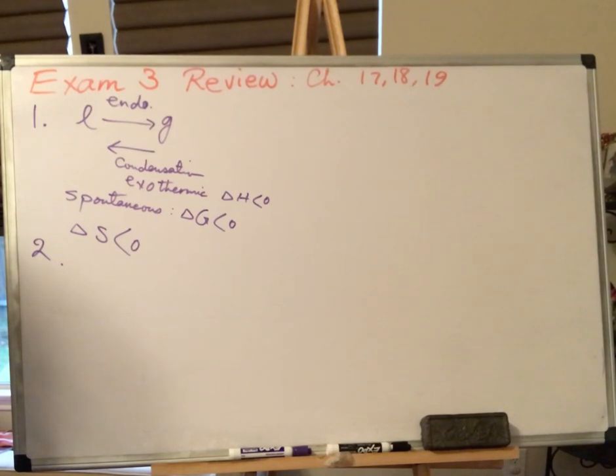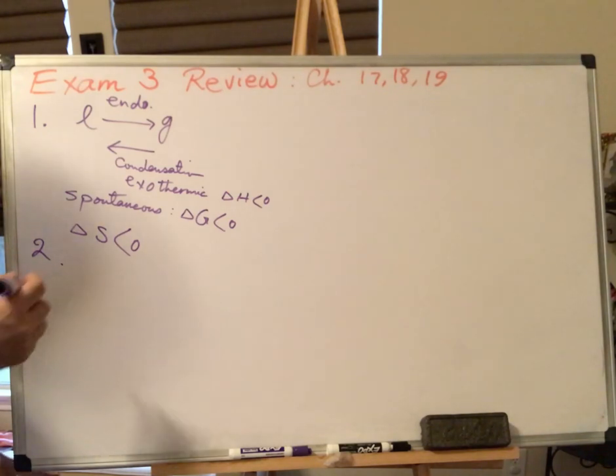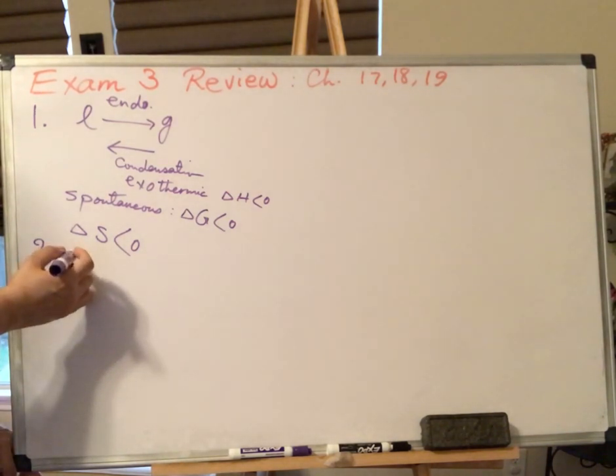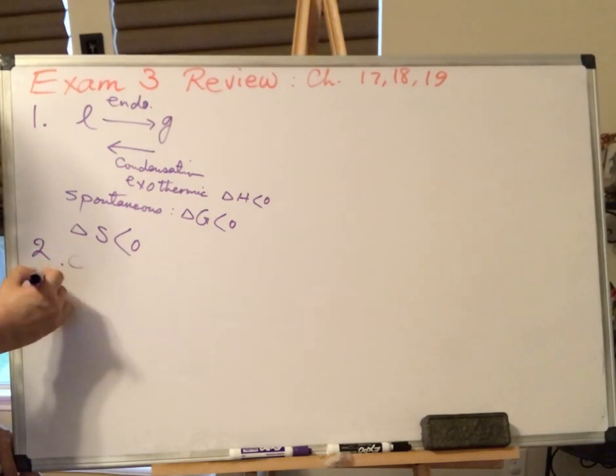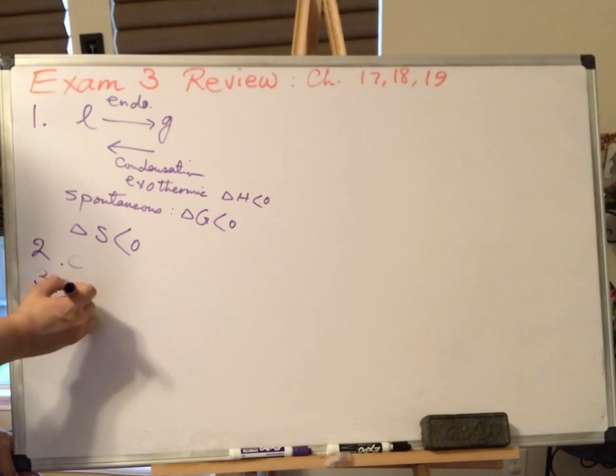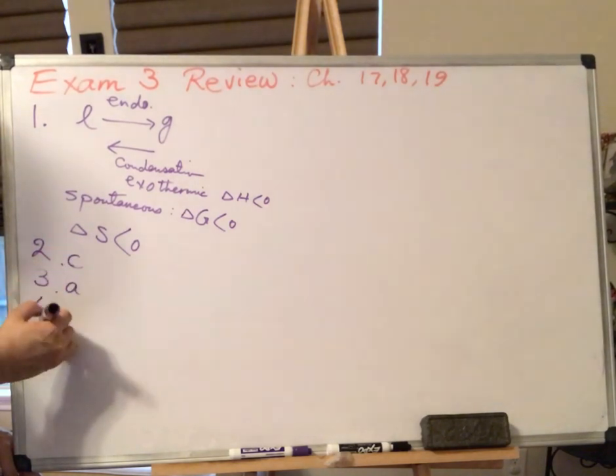3. The anode in a voltaic cell and in an electrolytic cell. The site of oxidation in both cells, or the site of oxidation and of reduction? No, in both of them, it's the site of oxidation. So before we forget, for 2 we said it's C. For 3, the correct answer is A. For number 4,